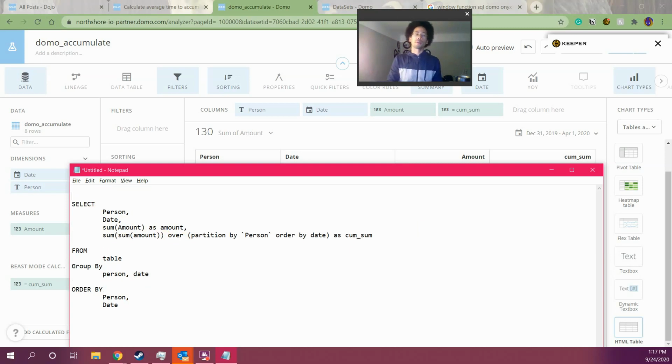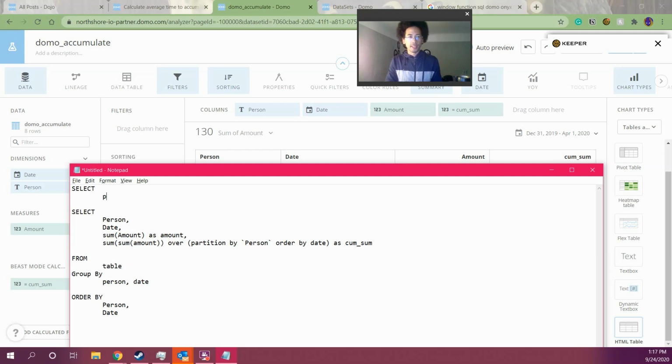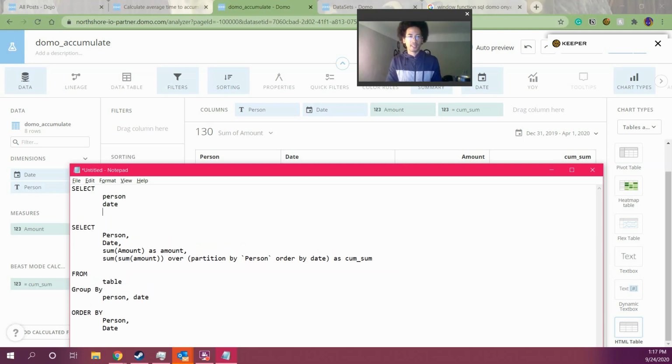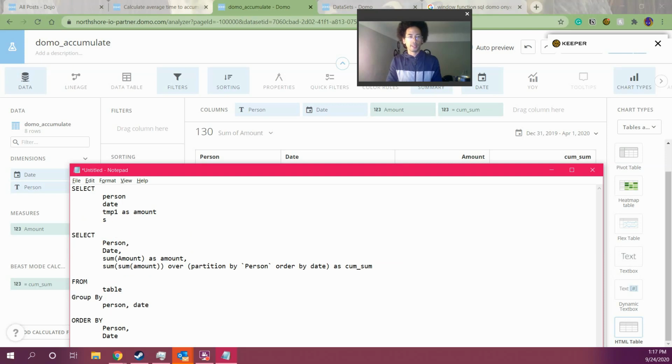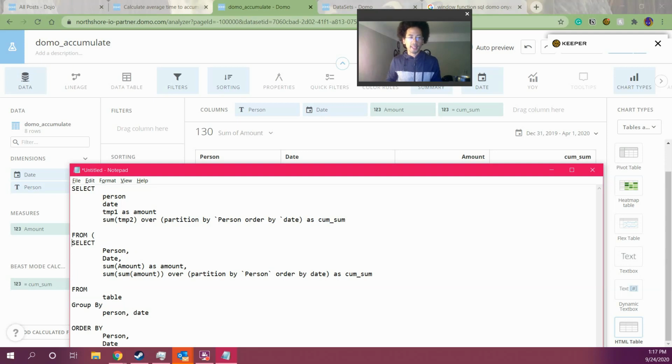How this really should be written is select person, date, let's call this temp1 as amount, and sum of temp2 over partition by person order by date as cumulative sum. I can't ask the database developers at DOMO, but if I had to guess, what I believe is truly happening